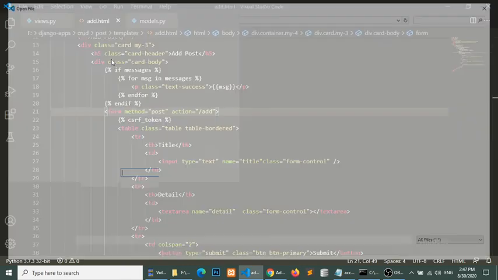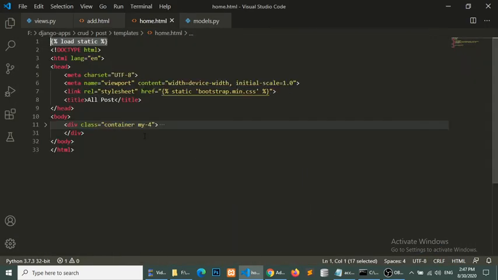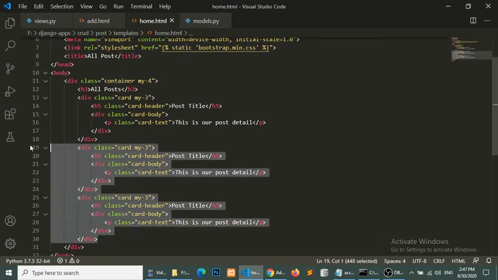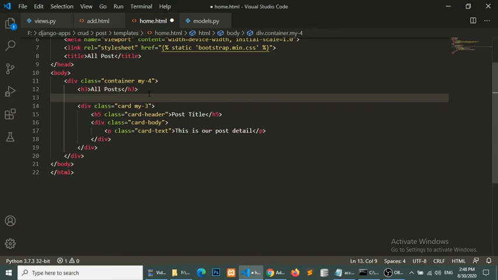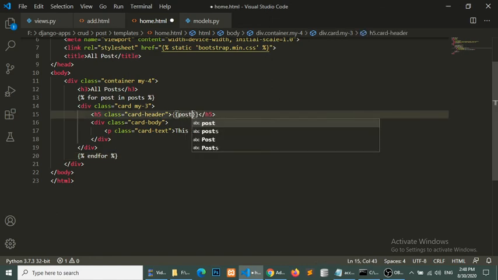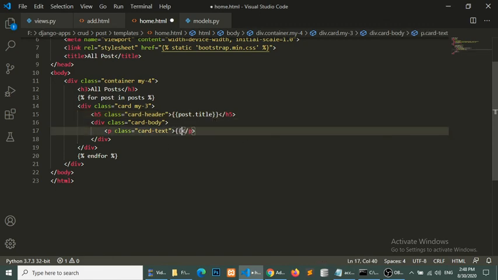So open your home.html and delete the repeated cards and run the loop, for post in posts, and endfor, and here I will put post.title, and here post.detail.